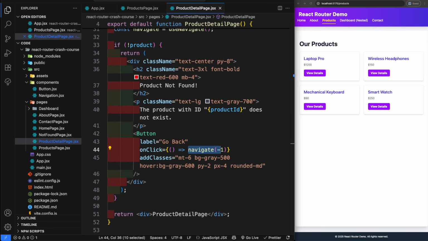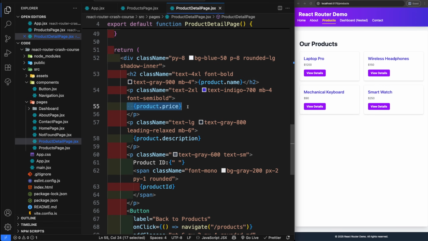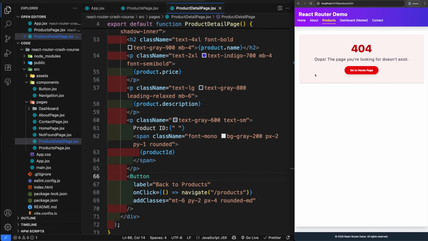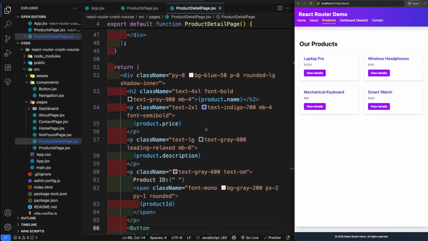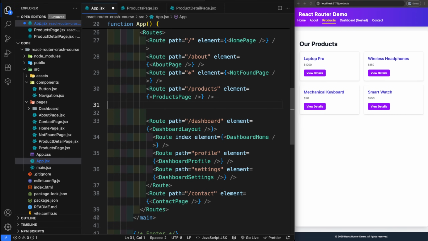Now, everything else is pretty simple. We're just going to return here that specific product with the product name, the product price, the product description, and the product ID, and also a go back button. So, view details. Oops, I forgot one last detail: this product detail page now needs to be a path in our app. So we have our, where do we have it? Products. Okay. And now we need our route with the path of